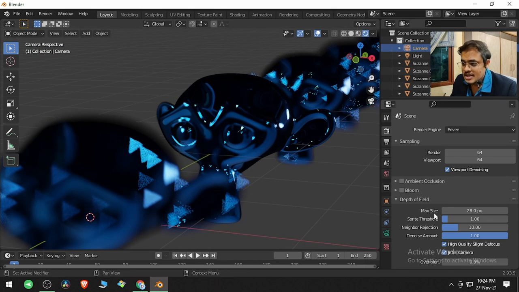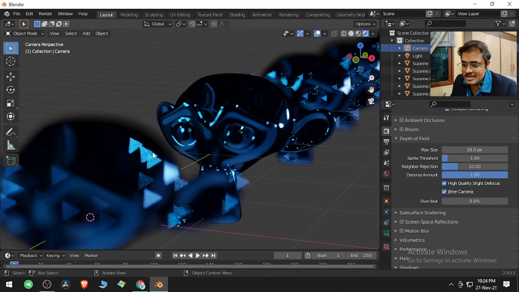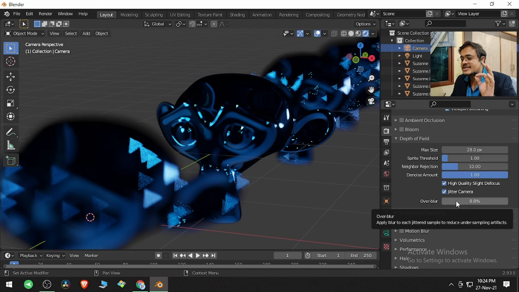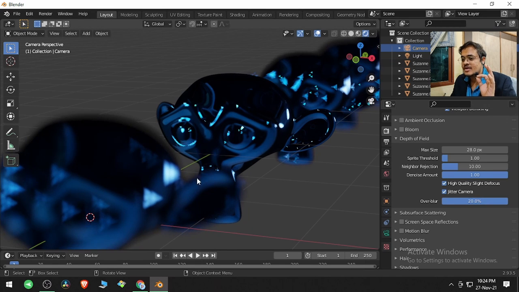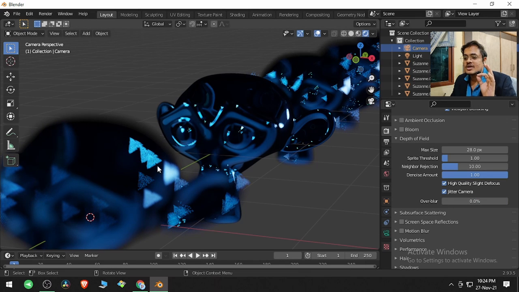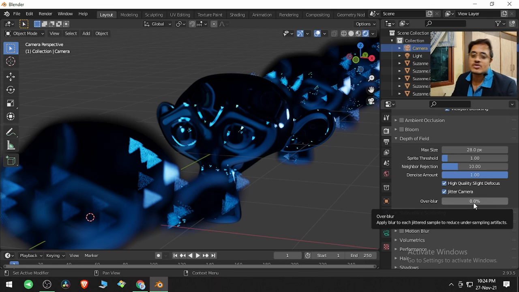And the next parameter is how blurred these samples must be. That is defined by this value, overblur. If you increase this value, those samples are blurred, and if you decrease this value, they are as sharp as they can be. So that's it for this, guys.